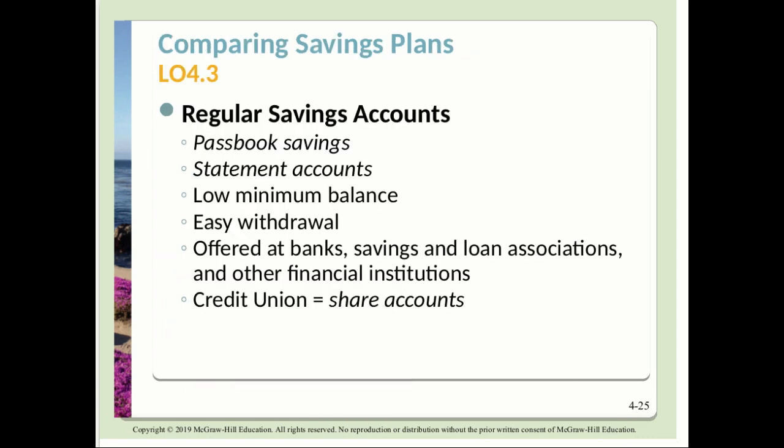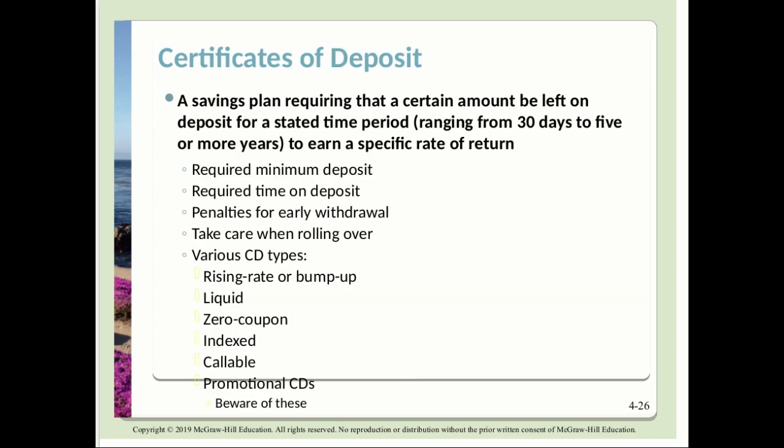Now, you can get savings plans, all right? Now, savings accounts are some of the safest ways to go. It makes it easy to get to your money and things like this. The thing is, it's a very low interest rate that they pay. Now, there's also CDs, certificates of deposit. Basically, what you're doing with a certificate of deposit is you have a contract with the bank or whoever is issuing that. You leave money on deposit with them for a certain length of time. Could be 30 days, 60 days, 90 days, something like that. And they will pay you interest on that.